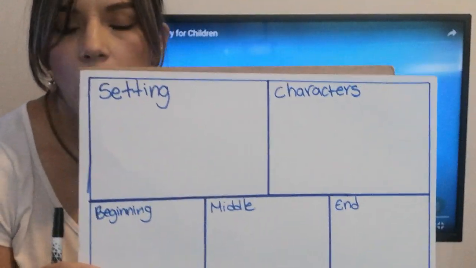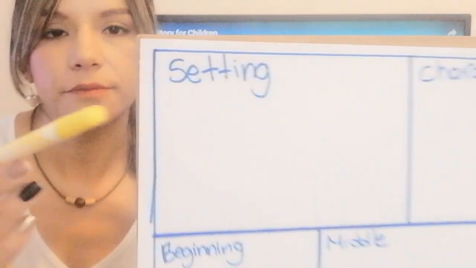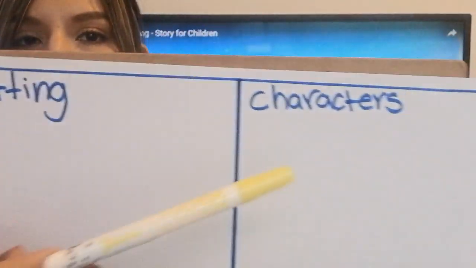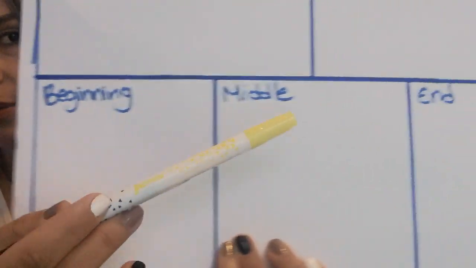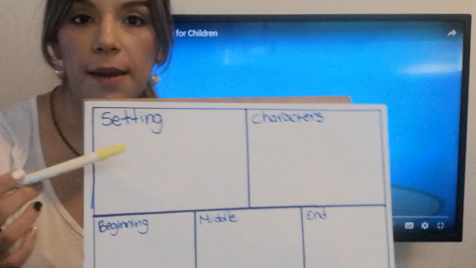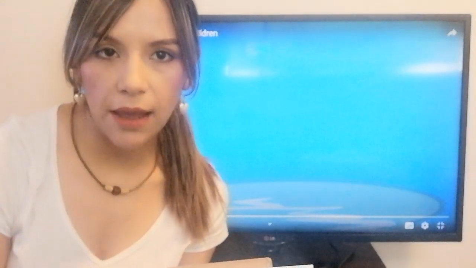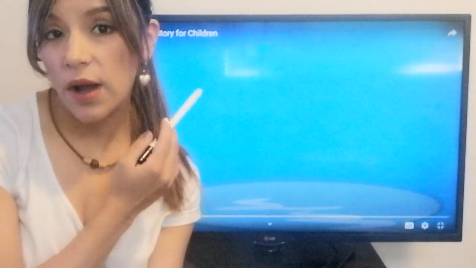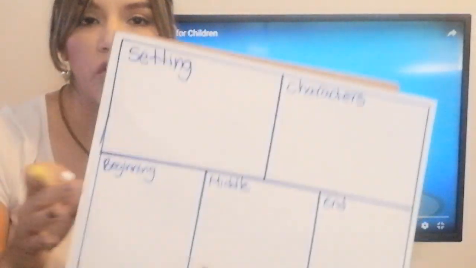in your notebook. This is the story map template, and it has setting, characters, beginning, middle, and end. This template, daddy and mom can find it in the email. You can see it. So please, while we watch a story here, you guys can help me out drawing this